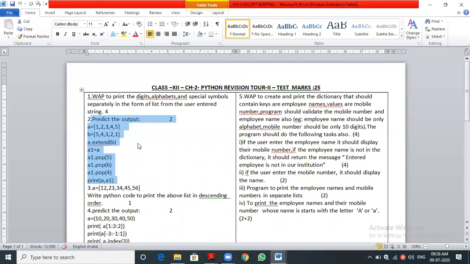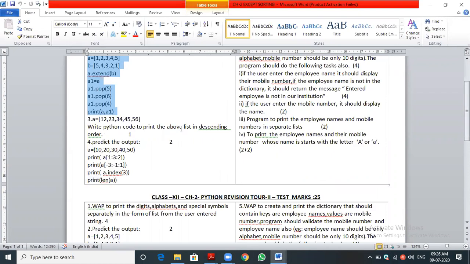What might be the output? 1, 2, 3, 4, 3, 2, 1, isn't it? So that might be the list. Okay. So you just draw the line, a box like that, put the indexing for all the elements, positive index, negative index, and calculate it.